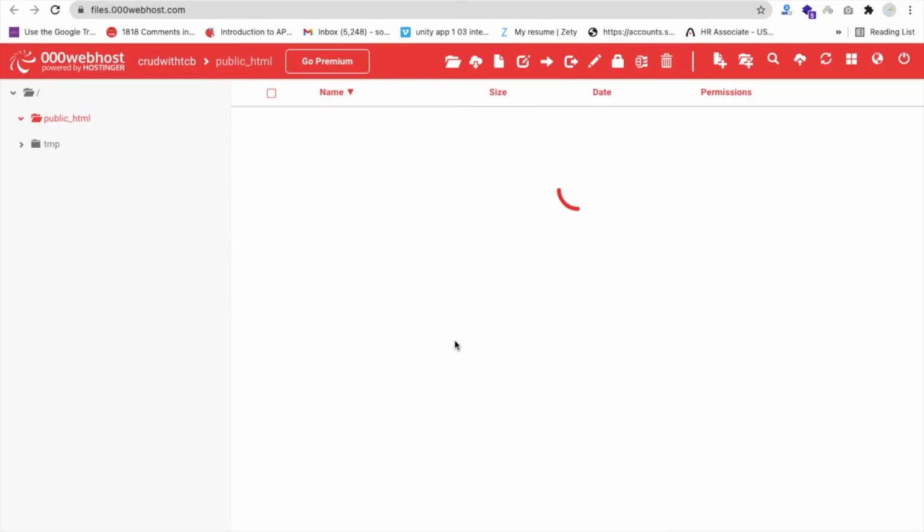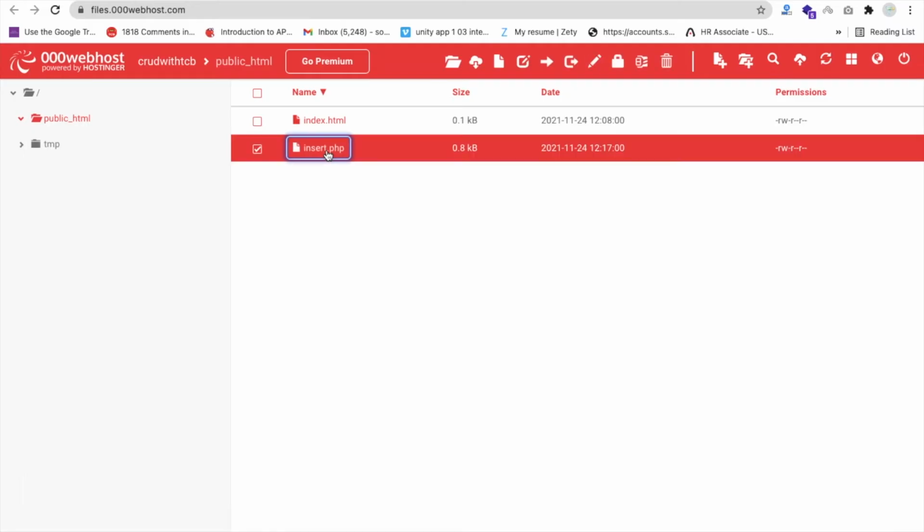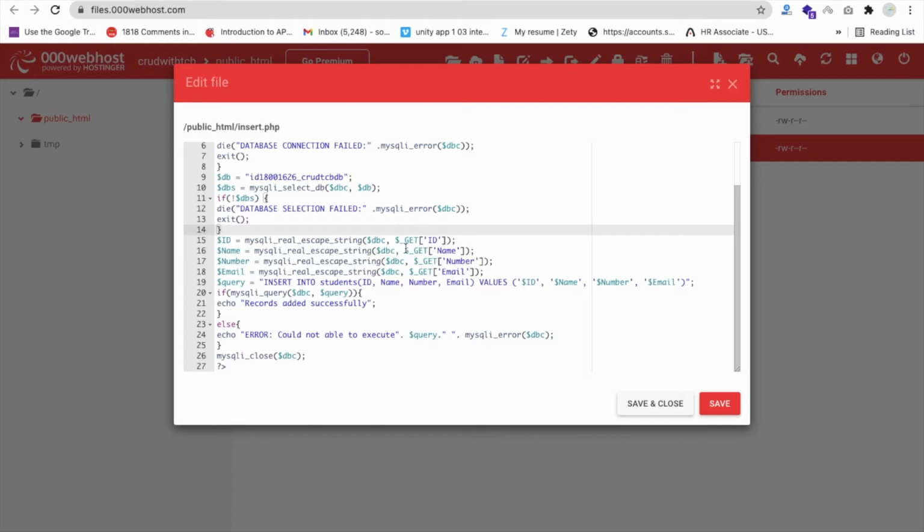it. Now I want to check whether it's working or not, so let me right click and click on view, and you get the error: could not connect or execute insert into student, incorrect integer value. So the problem is because we are inserting the data. What we need to do here, you can see we are using the get method. See, get method, it means we have to